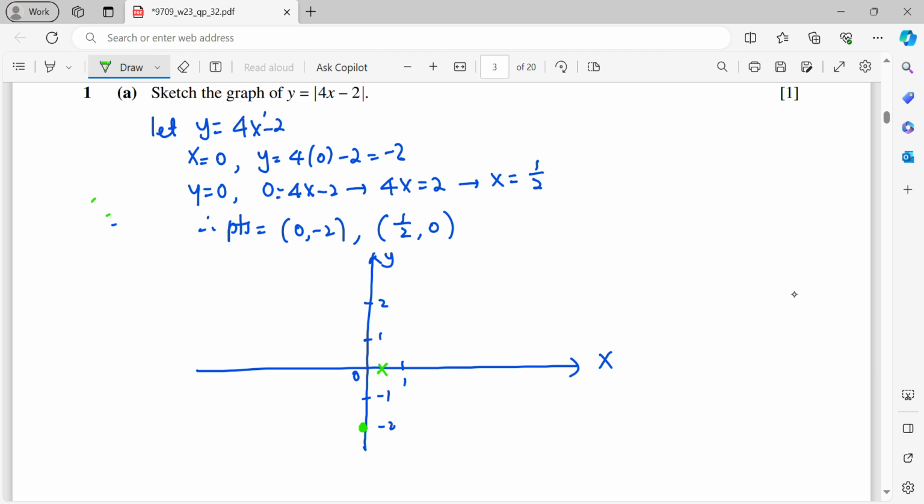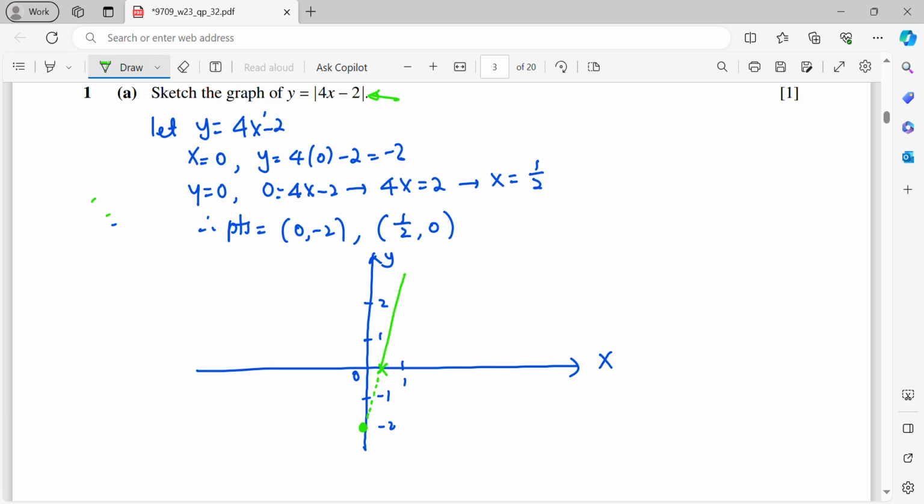This is (1/2, 0). So now, for your information, because we are sketching modulus, for the negative y values I will use a dotted line. Right after that, it will be a straight line. And then now for the modulus graph,